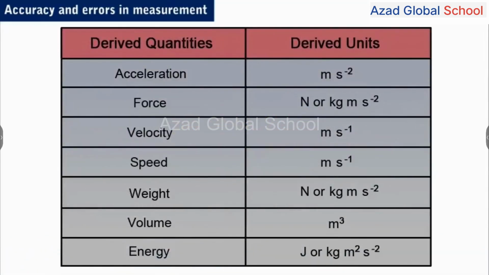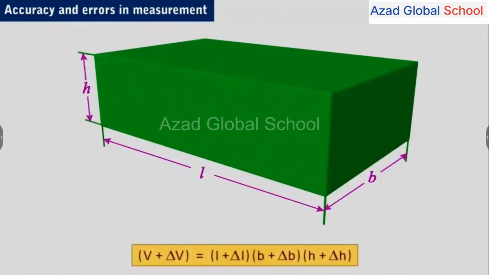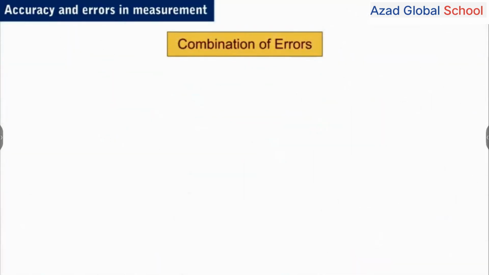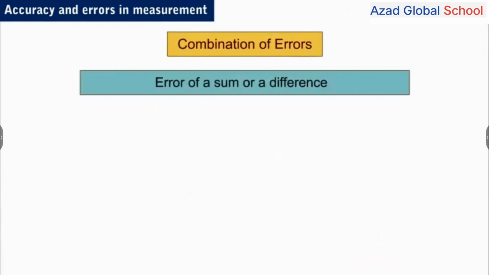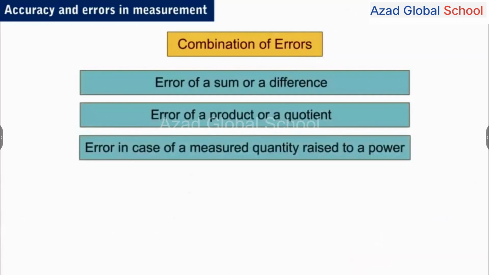When a quantity is derived from more than one measured value, the error in the derived quantity may be a combination of errors in the values from which it is derived. For example, the volume of a cuboid is the product of its length, breadth and height. If there is an error in the measurement of length, breadth and height, then the error in volume will reflect the combined effect of all three errors due to mathematical operations. Some common combination errors are errors of a sum or a difference, error of a product or a quotient, or error in case of a measured quantity